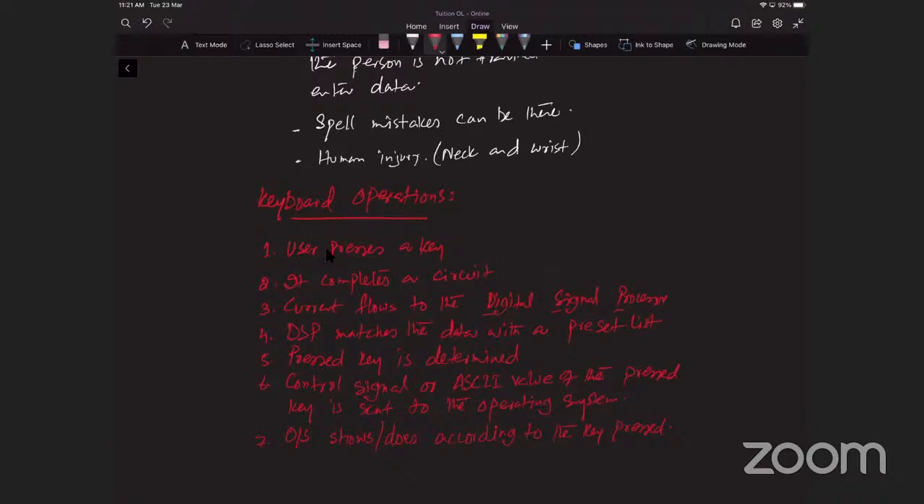So user presses a key, it completes a circuit, current flows to the digital signal processor, DSP matches the data with the preset list, pressed key is determined, control signal or ASCII value related to the pressed key is sent to the operating system. Operating system shows or does according to the key pressed. So that is how it works. Now, the next one,